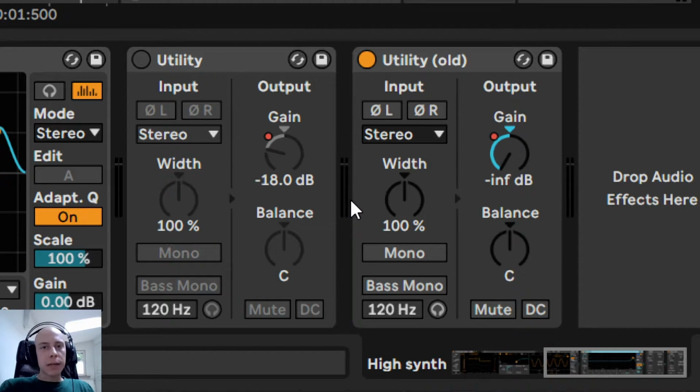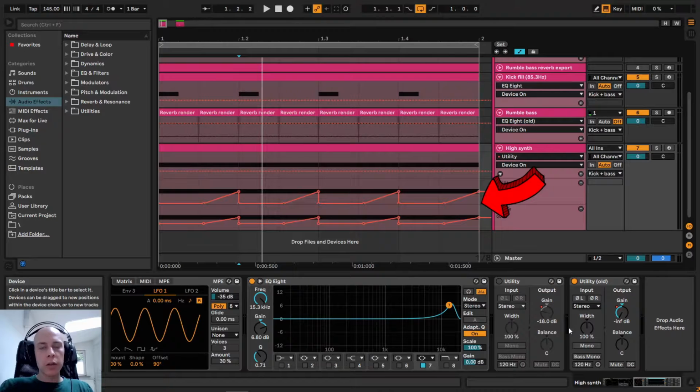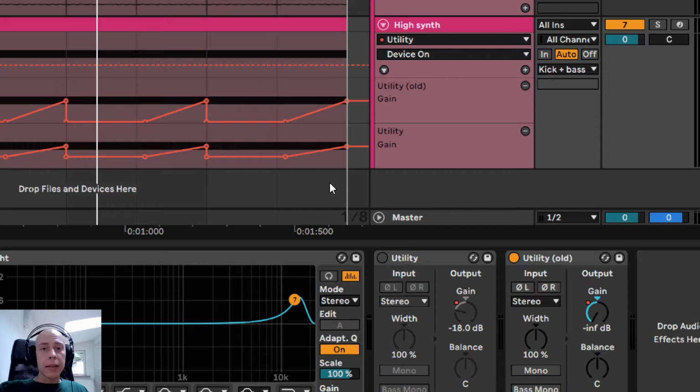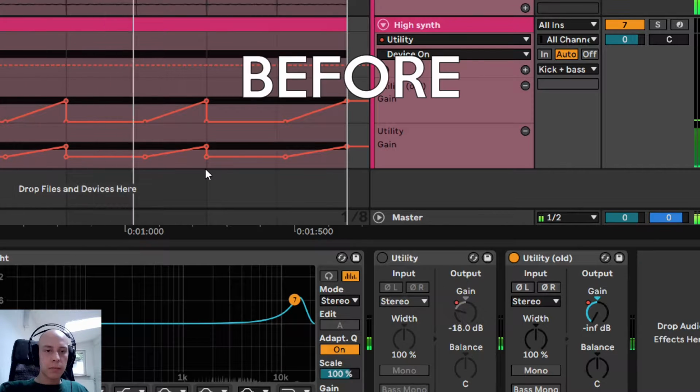The last adjustment relates to the sidechain we have created by a manual volume automation inside of Utility. In the first part of the tutorial I have adjusted this volume automation so the sound through the majority of the beat is muted. On the bottom you can see an improved curve where I let the sound be played during the whole beat. This will make the synthesizer be more present.